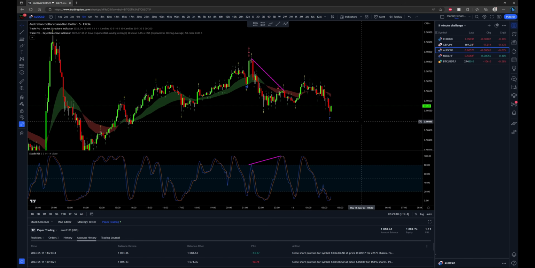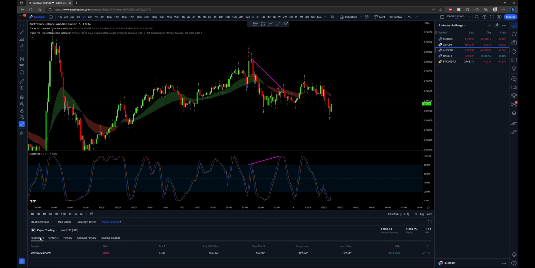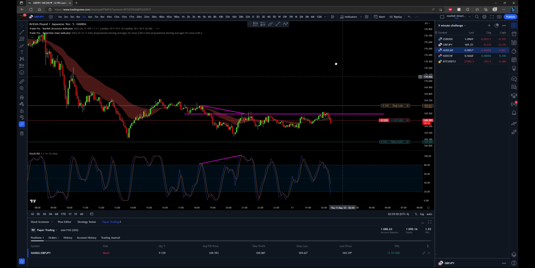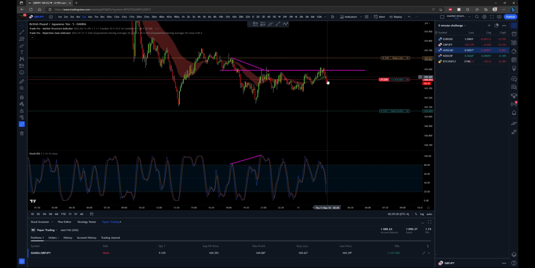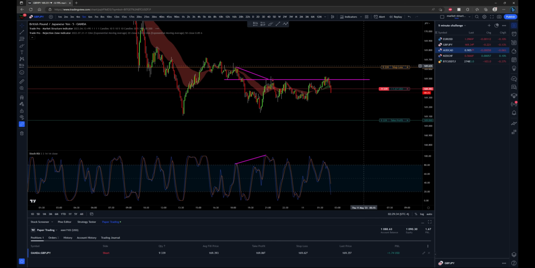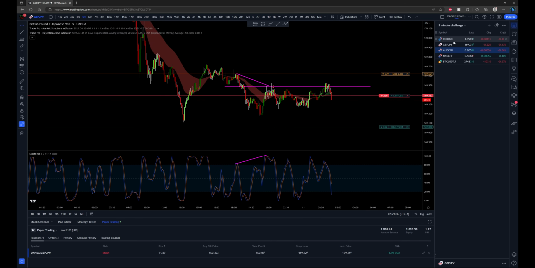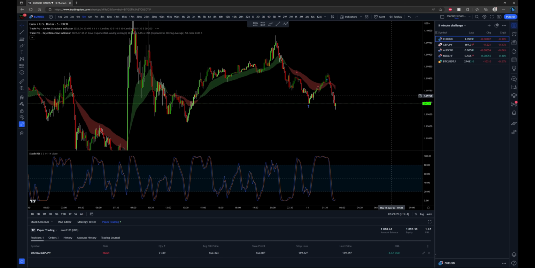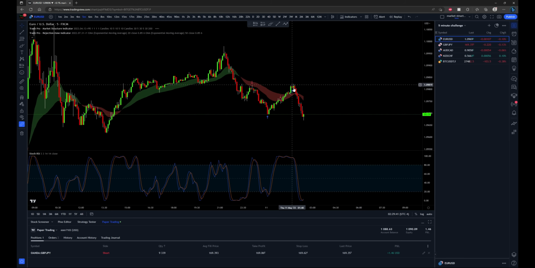All right, this one just hit profit target on the Australian dollar, Canadian dollar trade. Took a while as it kind of just went up for a bit, went sideways for a while, and finally shot down to that profit target. And that one is concluded. The only one still open at this point is the British pound, Japanese yen trade, which looks like it's just starting to head down. We'll see if it can do a full follow through, but if not, then stop loss is in place. Right now, it looks like the one that got stopped out with euro against the US dollar ended up going down,